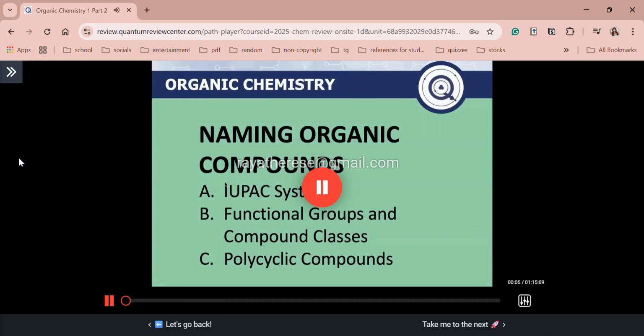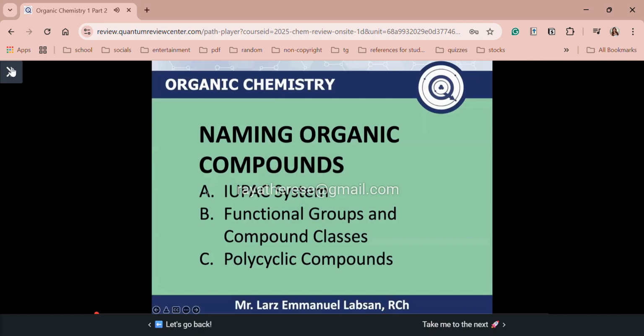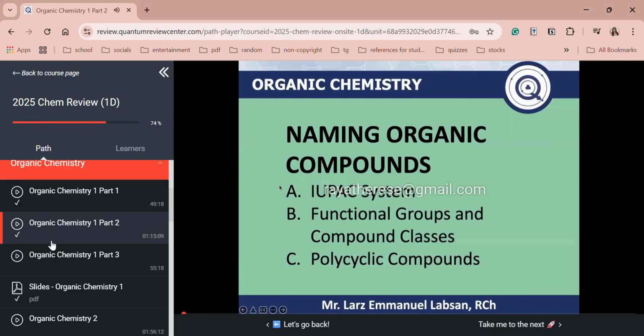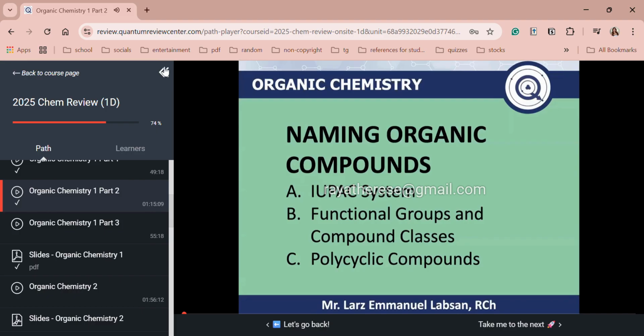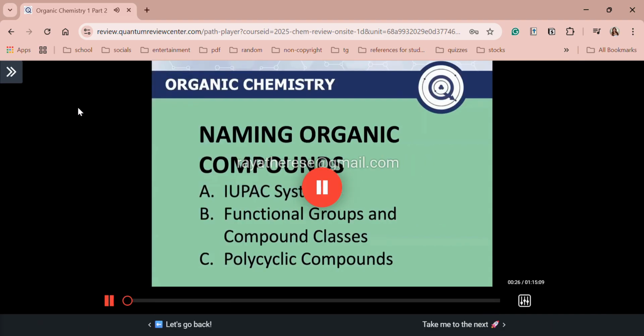For our next topic, we have the naming or nomenclature of organic compounds. Under our topic here, we have subtopics. Remember, our nomenclature is based on the IUPAC system. So that's why we also need to focus our discussion on nomenclature, the systematic way of naming. Second, we will also discuss your functional groups and compound classes. So class, remember, these groupings are based on the chemical reactivity of our